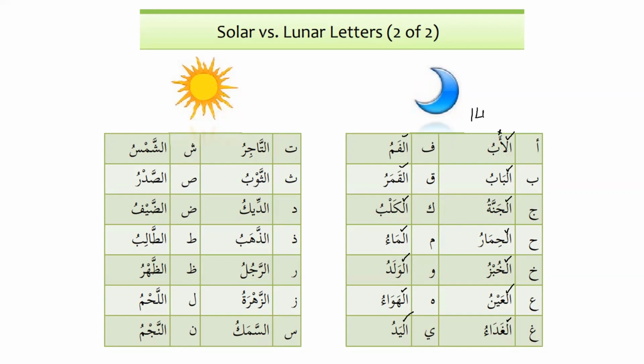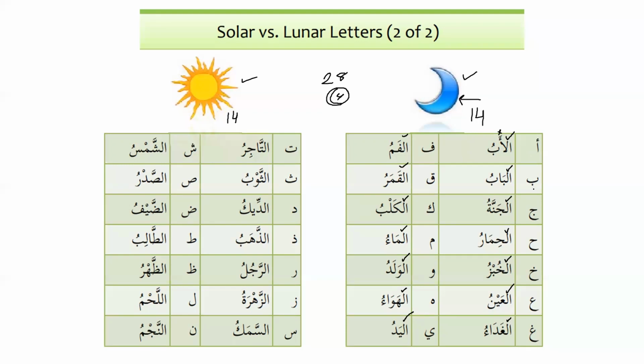We have 14 over here, and we have 14 over here. 14 sun letters and 14 moon letters. And we know that in Arabic, we have 28 letters, because some ulama say that Hamza is not a letter, since sometimes it comes by itself and sometimes it cannot come by itself. So that's why the real letters are 28 in Arabic. So 14 are al-huruf al-qamariyah.